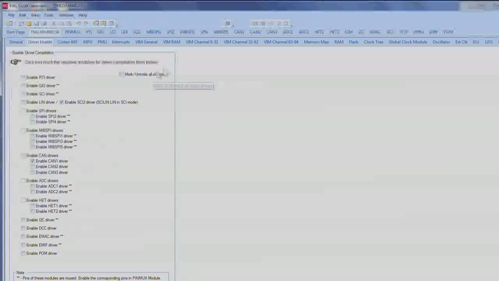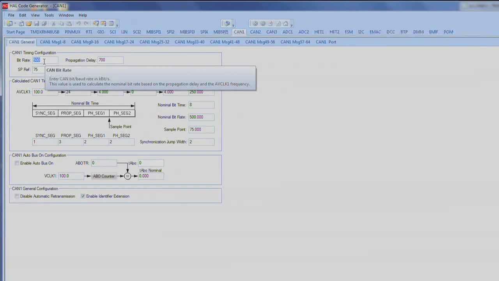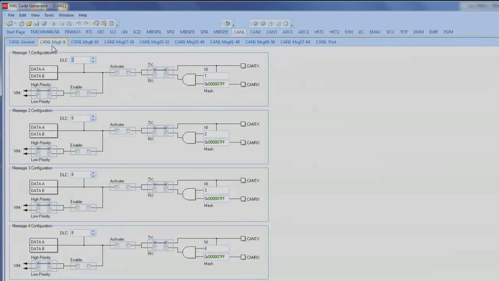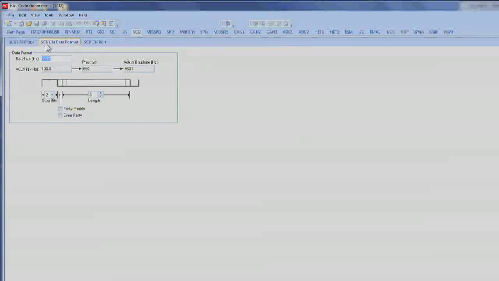The next step is to go to the CAN1 tab, and in the CAN1 General sub-tab, check to make sure that our bitrate is also set to 500. Then we need to go to the CAN1 Message Through 8 tab and select Activate and change this one to Receive. Then the next step is to go to the SCI2 tab and go to the SCI Data Format tab